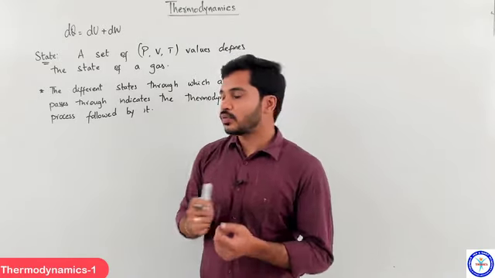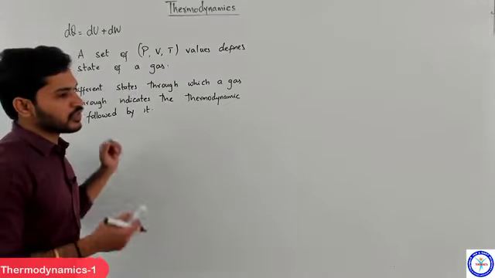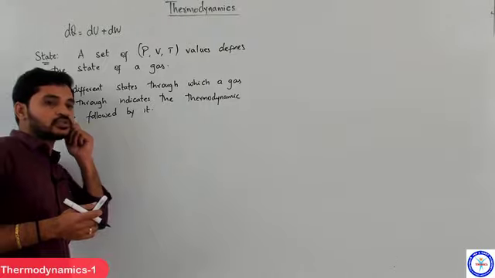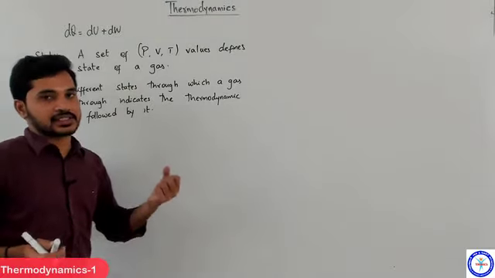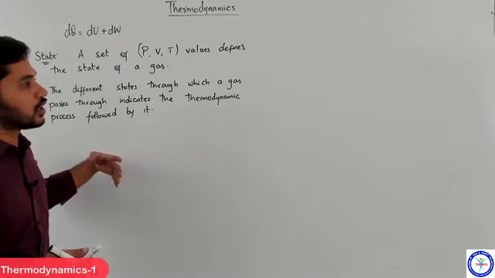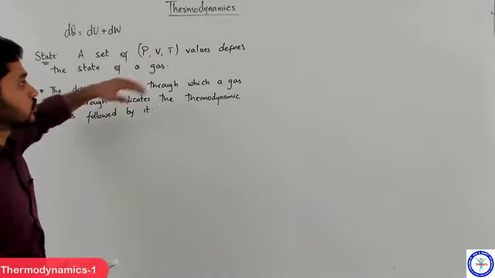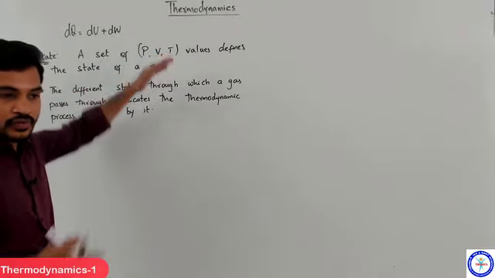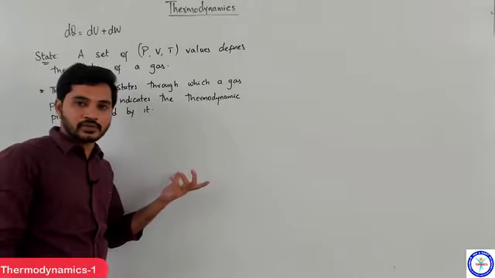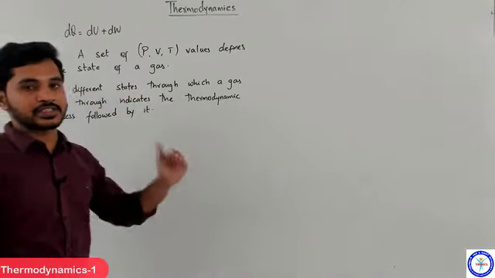Okay students, now let us discuss this thing called the state of a gas. Whenever we use the term state of a gas, it basically refers to the set of conditions that the gas is present in. What are the conditions that we define for a gas? Pressure, volume and temperature, right? This set of values of a particular system, which are also what we call thermodynamic variables, a particular set of values corresponds to a particular state.